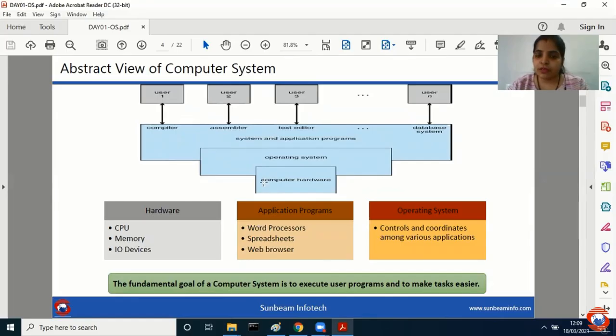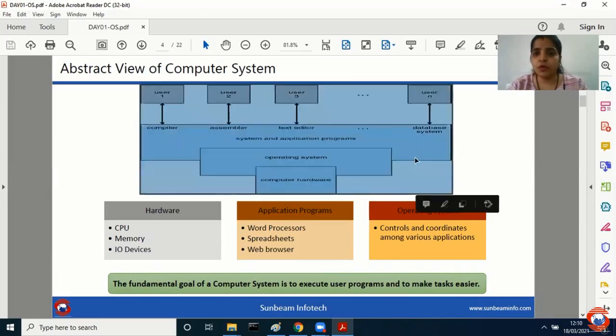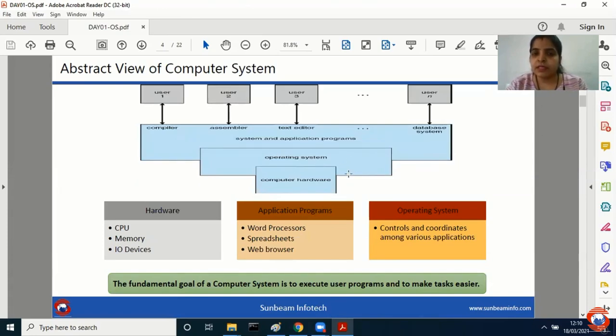If I give an input through the keyboard, definitely I'm going to get the output on my monitor. If I'm using VS Code as an application, it only gives you the output. But how is VS Code generating the output, how is Chrome working in the backend, and when you give a print command, how is it working in the backend? It is possible because there is one important thing sitting between your hardware and the application program, and that is nothing but the OS. So the operating system is basically the intermediate layer between your hardware and the application programs. That is a basic requirement of OS.